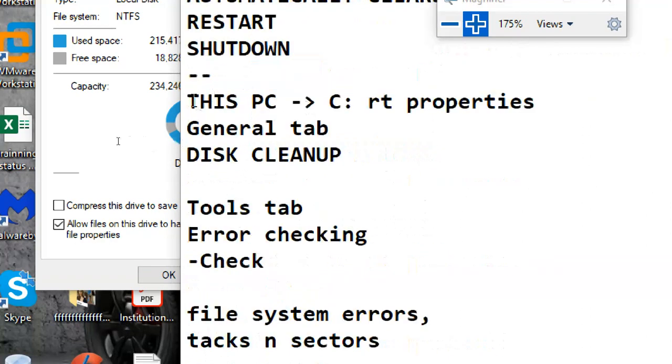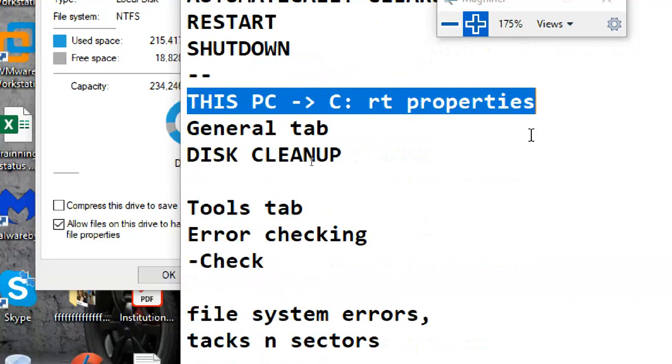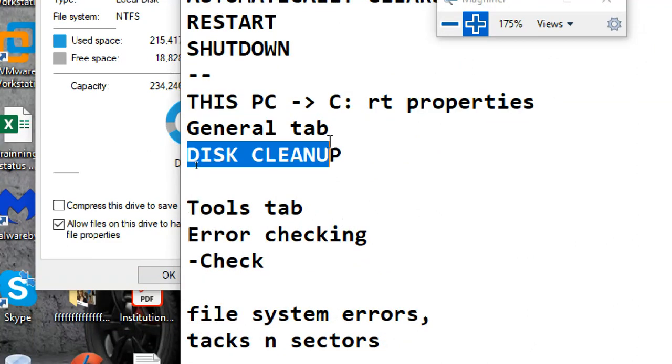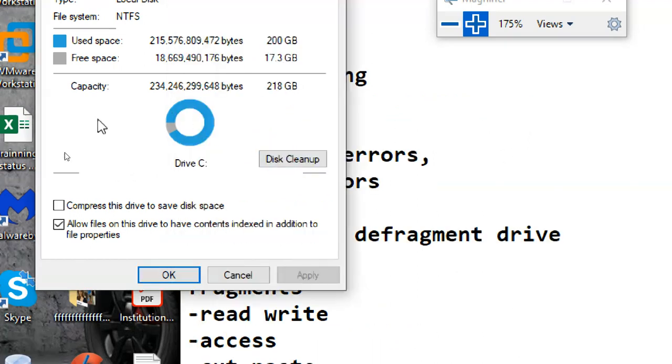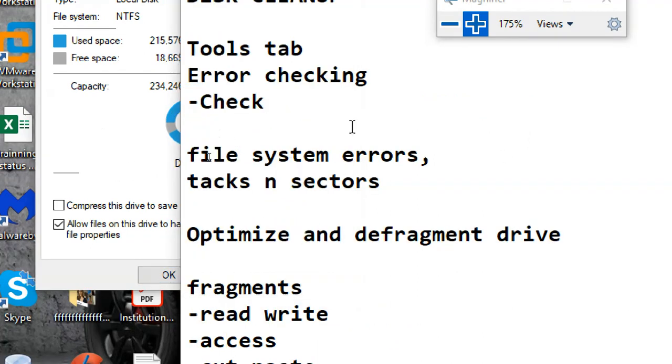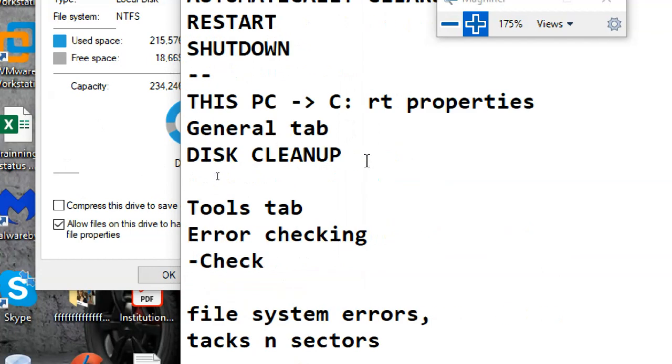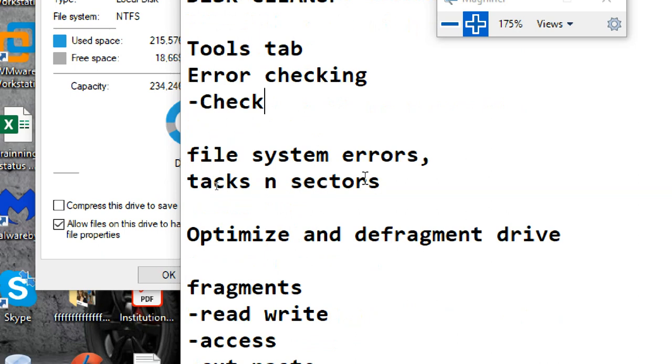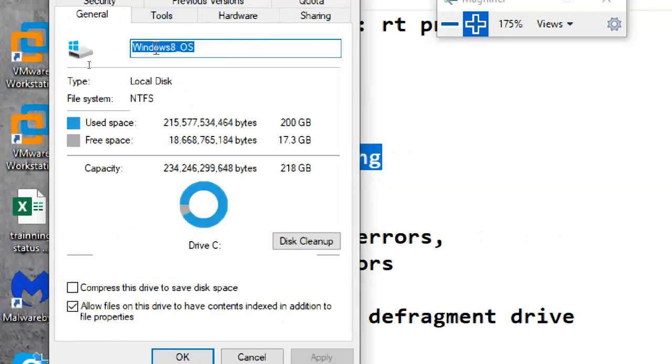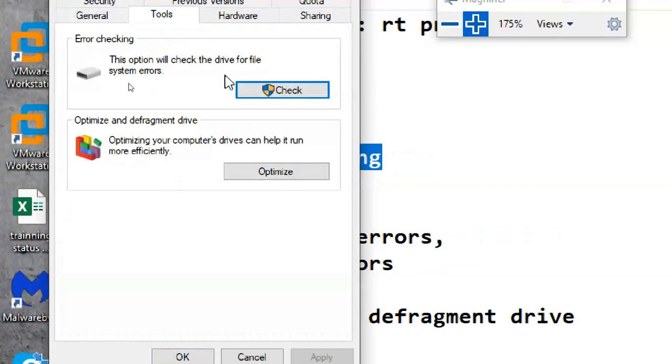And another one is, go to This PC, C drive, right click, properties, go to disk cleanup wizard, go to disk cleanup. I already showed this one. Then you can clean up the temporary files, internet temporary files and all in a single shot. That is quite easy. Next one is, if your system or disk is very slow, then it is better to check it once with error checking.